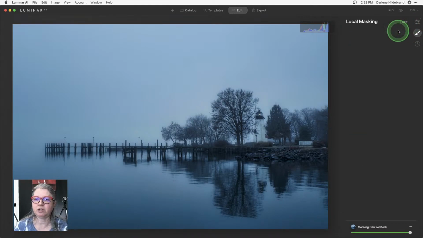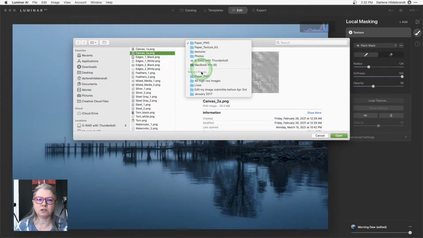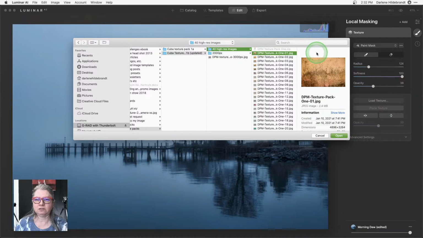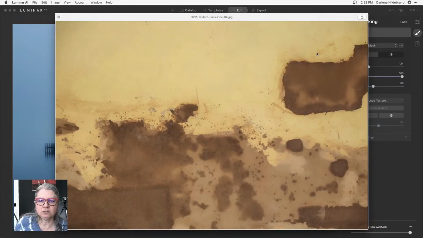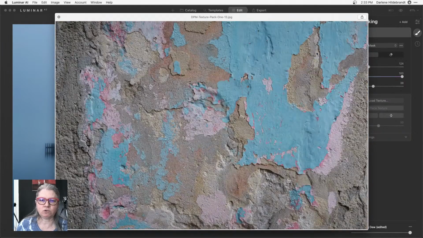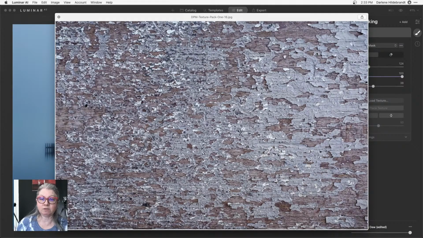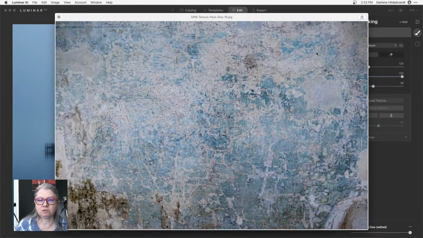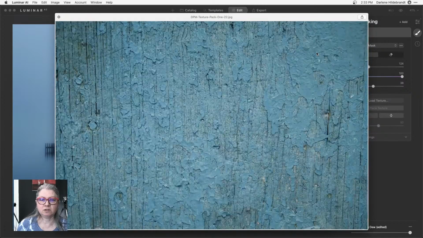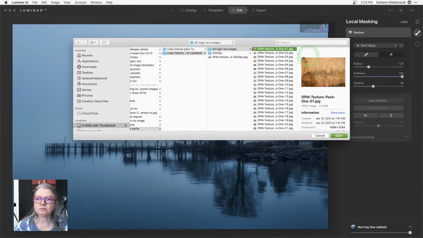Okay, so we can go and apply a texture. I should have pre-selected some textures for you guys here. I was not thinking. So these are in my Cuba pack. I have an idea of which one I want of this set. I want something sort of crackly. These are all from Cuba, so Cuba is full of texture. That one might be kind of cool. That one's kind of cool. Okay, so this one's got some blue in it already, which might be kind of neat. Let's try this one.